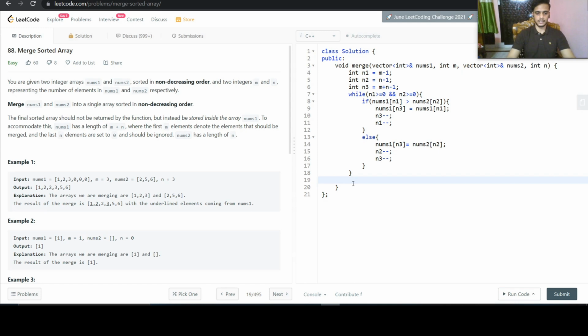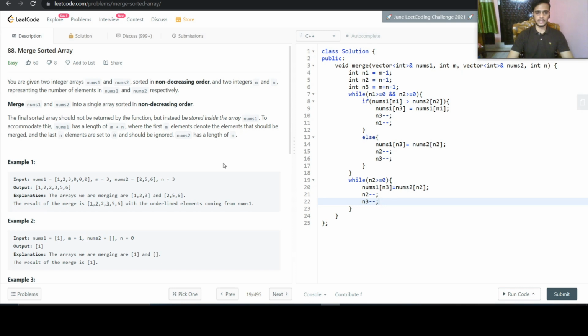So we will create a loop for it: while n2 is greater than or equal to 0, we put nums1 of n3 equal to nums2 of n2, and then n2 minus minus and n3 minus minus.